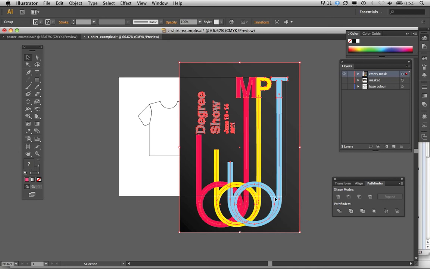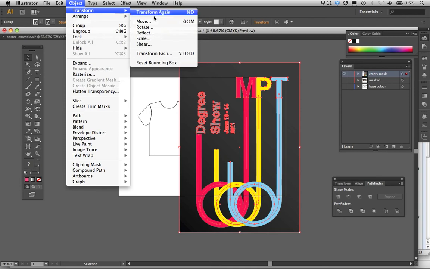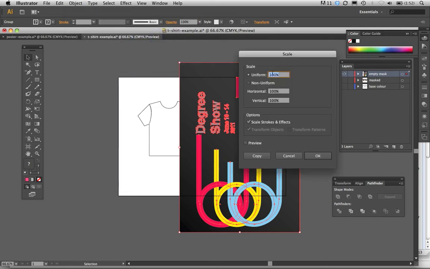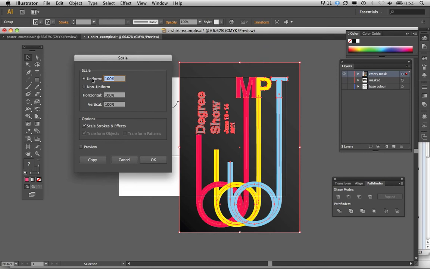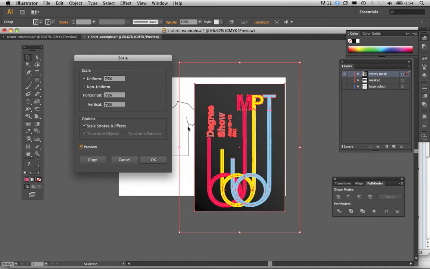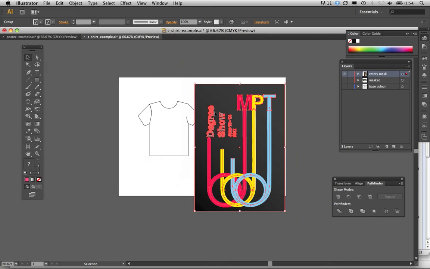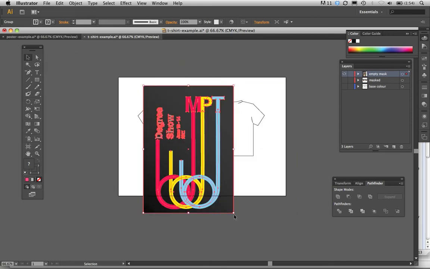that sometimes the strokes don't resize in the same way as the other objects. So there's another way of resizing which is really useful, which I'll show you now. If you go to the Object menu, Transform, and then Scale, you'll see another dialog box appears. This allows us to scale according to numerical values, so 75%, but importantly there's an option here for scaling strokes and effects. So that'll scale everything uniformly, which is really important. You don't want to have to go back in after you've scaled it using the selector tool and resize everything by hand. You just want it done in one go, and the Object, Transform, Scale option lets you do that. So we've just scaled our design here, and we need to rotate it slightly,